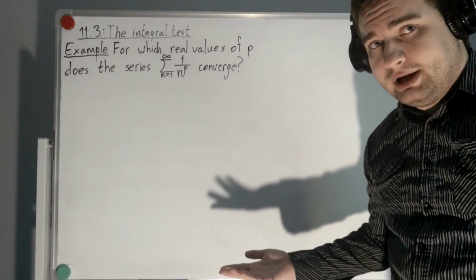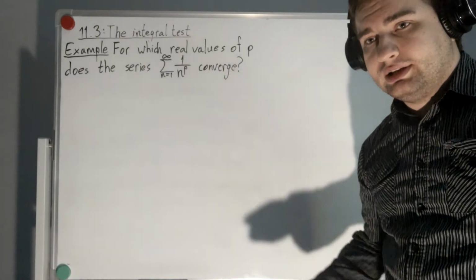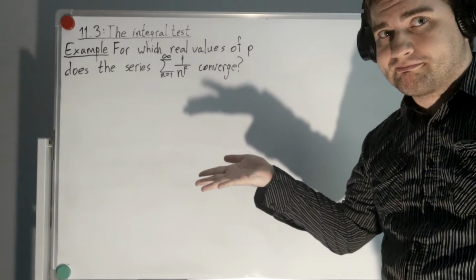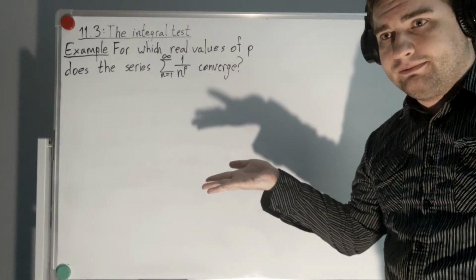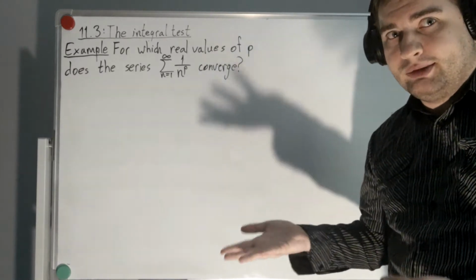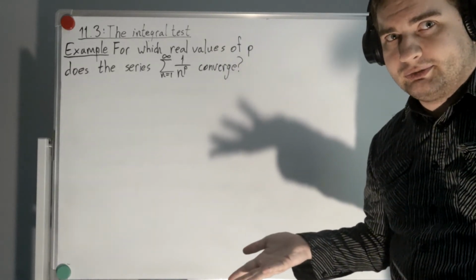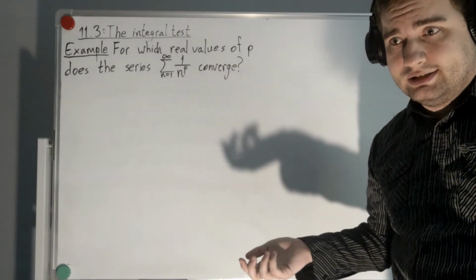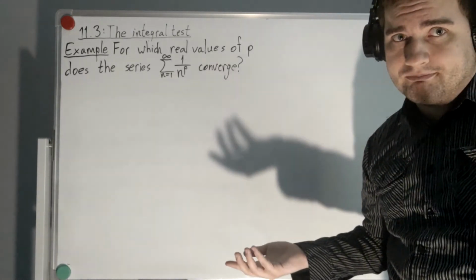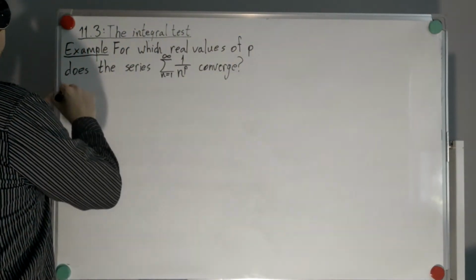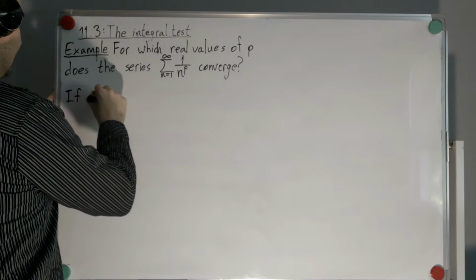If p is negative, then we have a negative exponent in the denominator, which is the same as having n raised to a positive exponent. If you just look at the terms of that series, the test for divergence indicates that it's going to diverge because the terms of the series are going to approach infinity. So if p is less than 0,